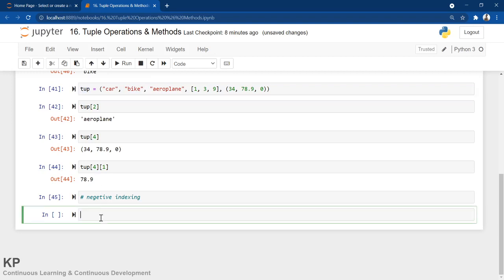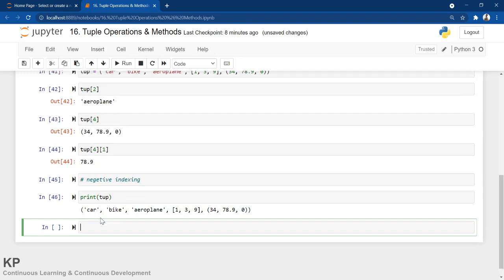So this is my tuple. If I just do print tup, this is the value. This is index number 0, this is 1. I'm starting from the left side. Whenever you start counting from the left side, the very first element is at index number 0. But remember, whenever you start counting from the right side, that will be index number -1.